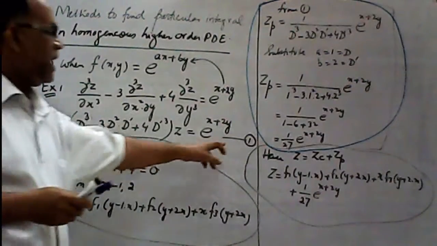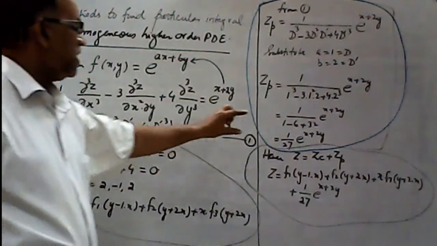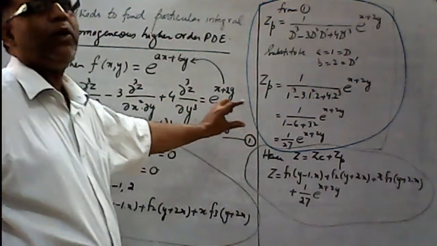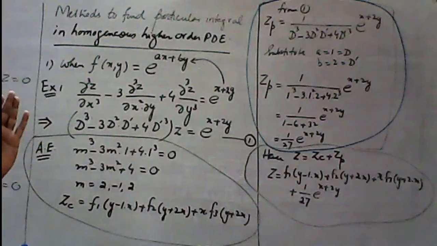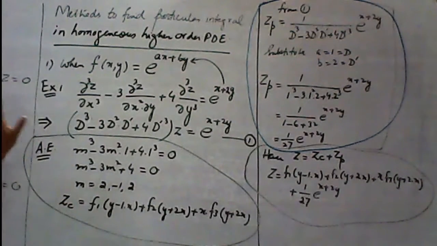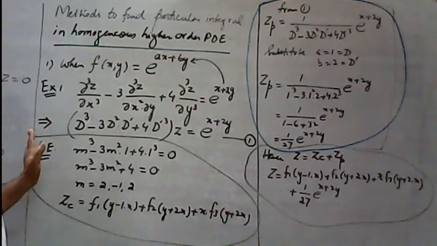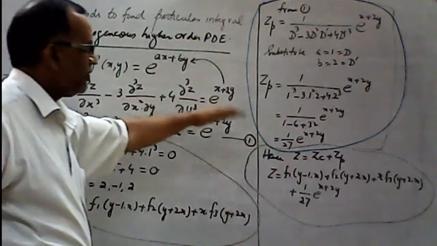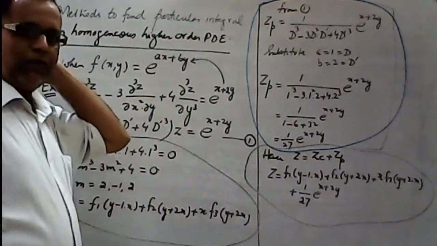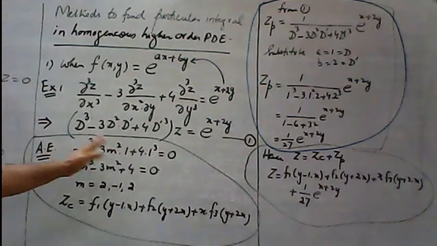Which I circled as a blue circle, we will only focus on this portion. It means we just focus on working on the particular integral, because this is the way to find the complementary function. We did it in the previous session and now you have practice problems as well, and these examples will also be included. Whenever we give an example of particular integral, that example will also be added in the examples of